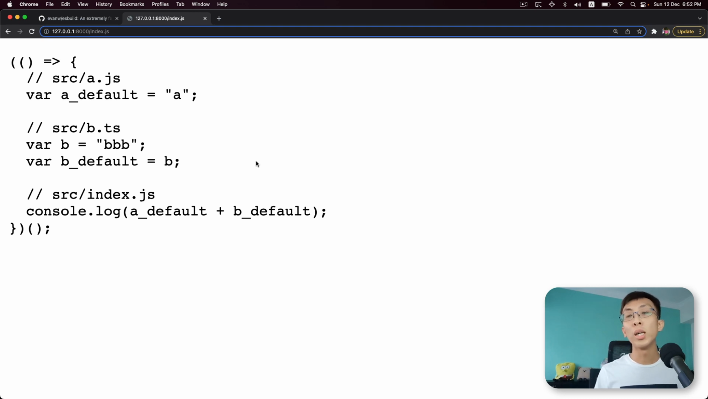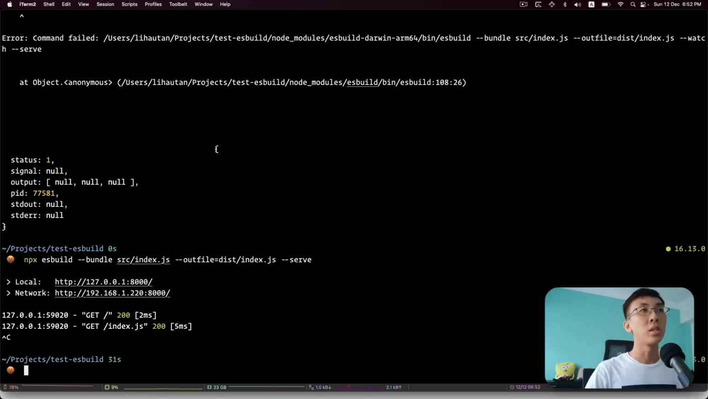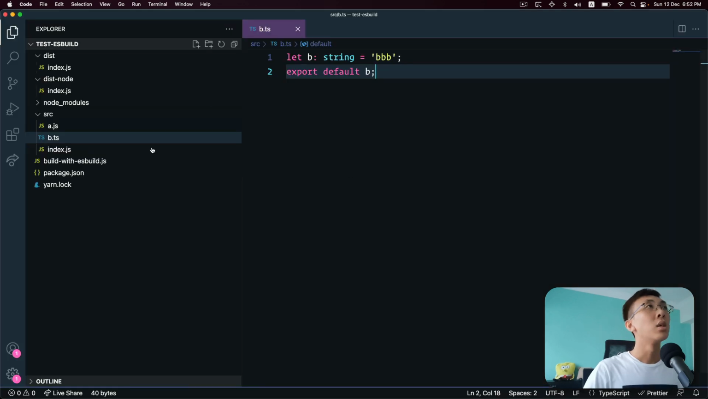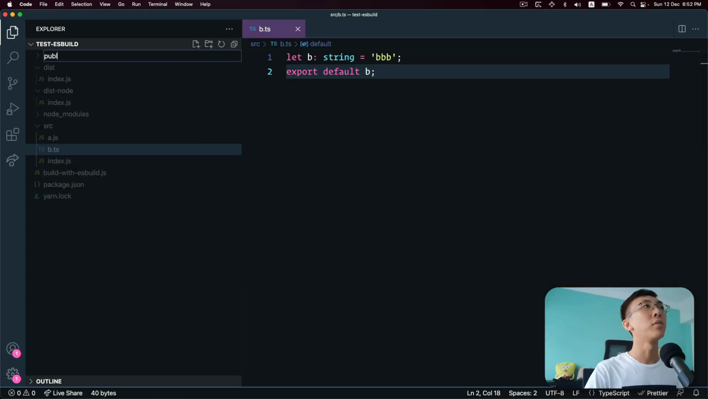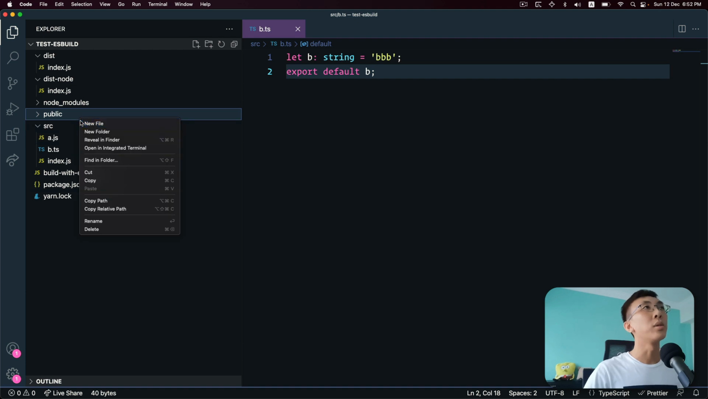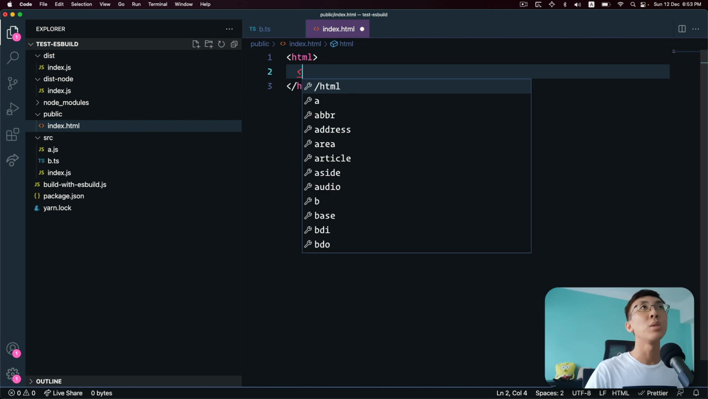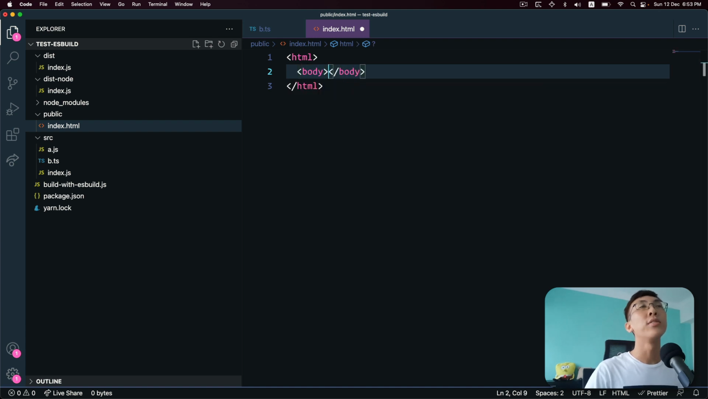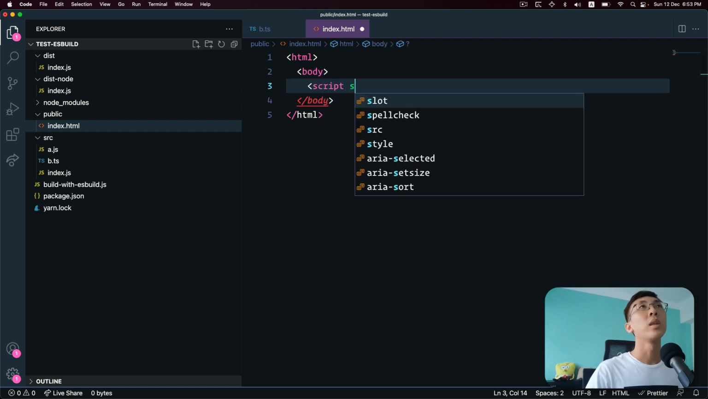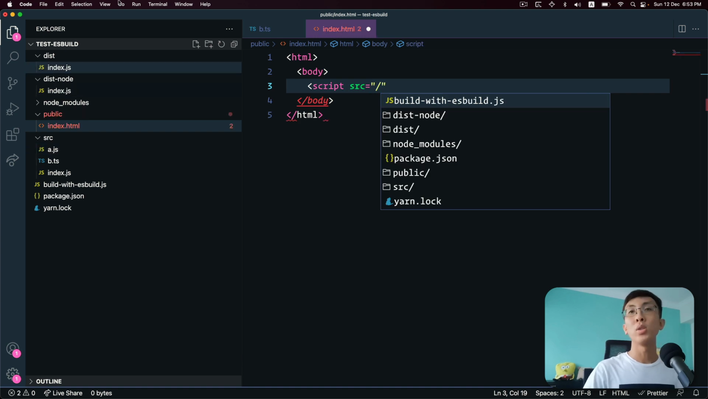So what if I want to view other files besides the file that's being built by esbuild? Well, then you have to serve it from somewhere, right? You have to serve it from a folder, then you have to specify the folder. So here, let's create that folder first. I'm going to create a public folder, and I'm going to create a file called index.html, which is going to be very basic HTML code with a script tag. And the script tag is going to point to the